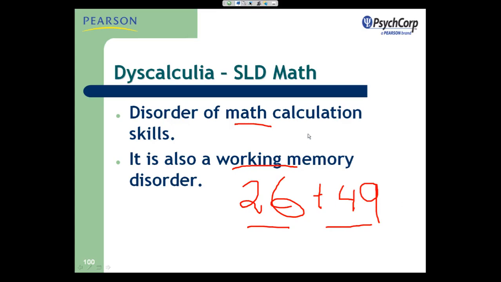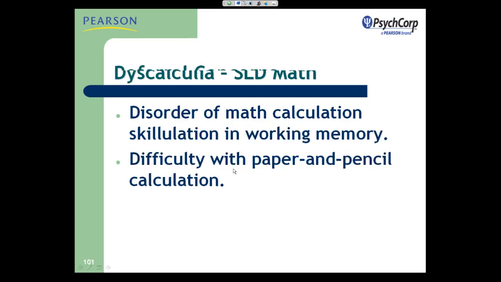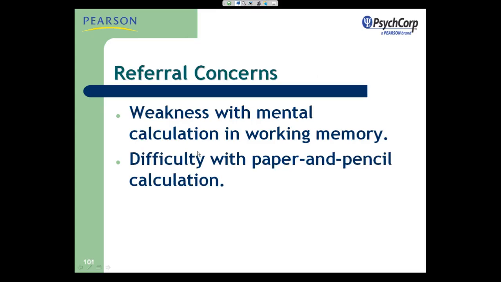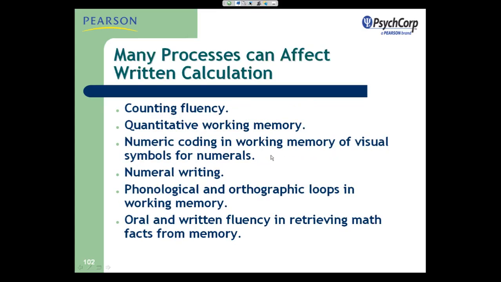Is it because of a procedural error? I don't know that my result should be larger than either of these numbers. Is it procedural? Is it conceptual? Or might it be a working memory problem? So if there is a weakness with mental calculation, or a child is referred because mental calculation and working memory is weak, I ask you a question, I want you to tell me the answer quickly, and the child also struggles to calculate or to perform computation on paper using paper and pencil,